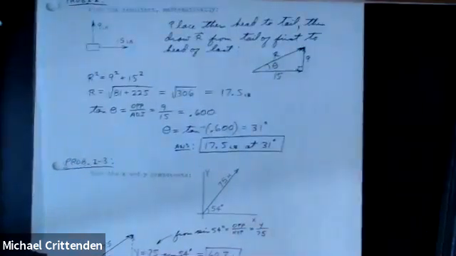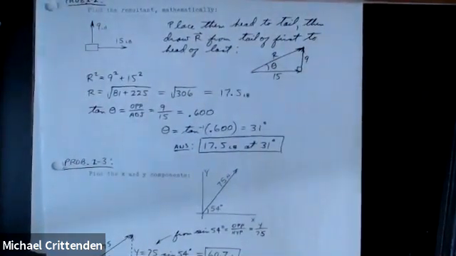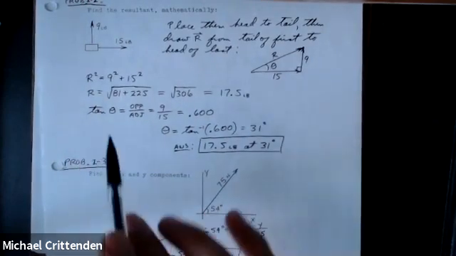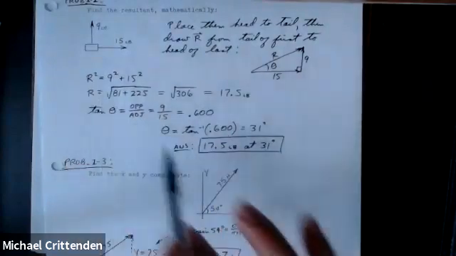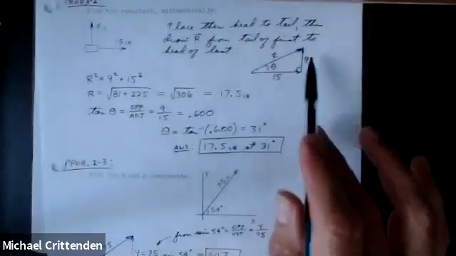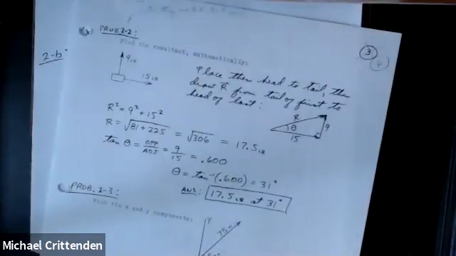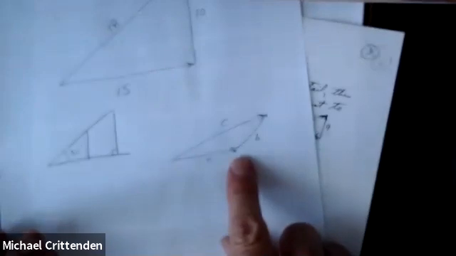So start out drawing the little diagram. You were given, find the resultant mathematically. Now, again, the only reason that this approach works is because these two vectors happen to be perpendicular to each other. If you had been given a couple of vectors that made some other angle like that,